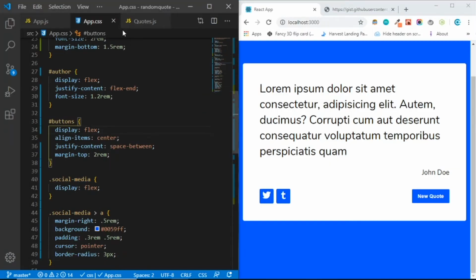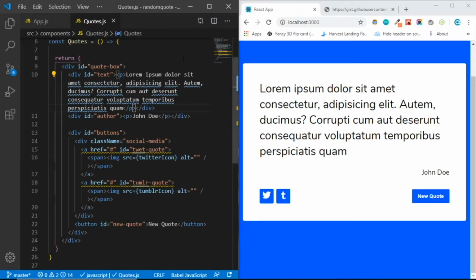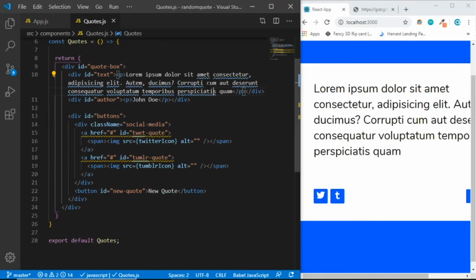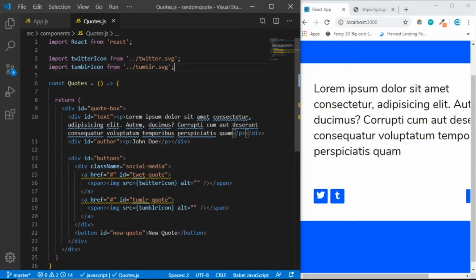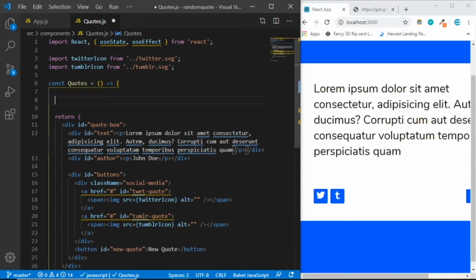So let's close the app. Just close that and go back to the quotes right here. Make that bigger. So let's import useState and useEffect. So useState and say useEffect. Cool, and inside this quote, say quote,